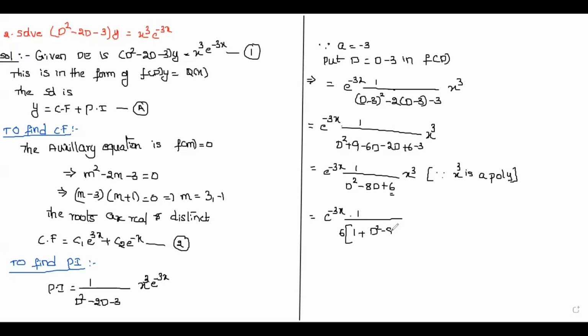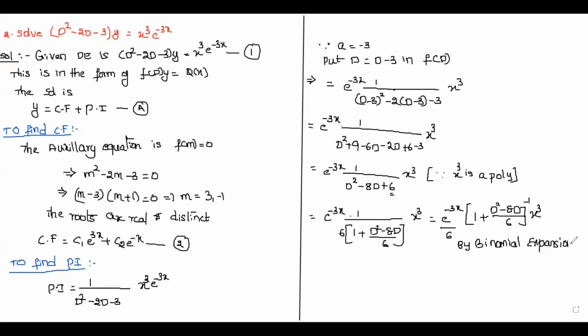D square minus 8D by 6 into x cube. So this will be equal to e power minus 3x by 6 into 1 plus D square minus 8D by 6 whole inverse into x cube. So if you apply binomial expansion, by binomial expansion,